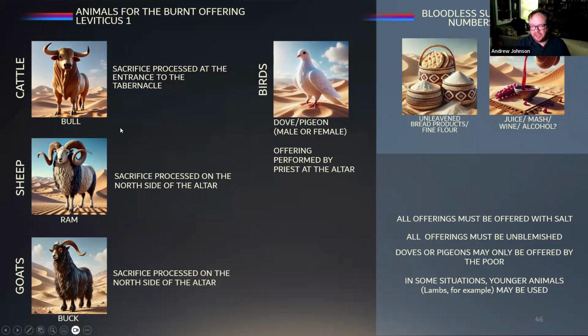I create a bull on a desert background. And then I say, replace it with a ram, replace it with a buck, replace it with a pigeon, and so on. And that gives a continuity to all of these different icons. That's really nice. It looks professional, and it allows me to sort of reuse these images. I love to draw. I just don't love to draw things that I don't need to draw. This is a great way to do that.